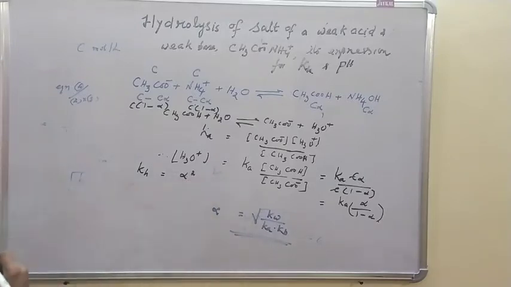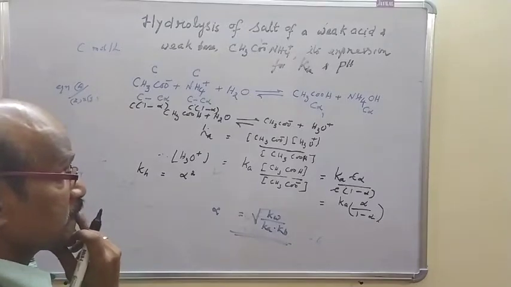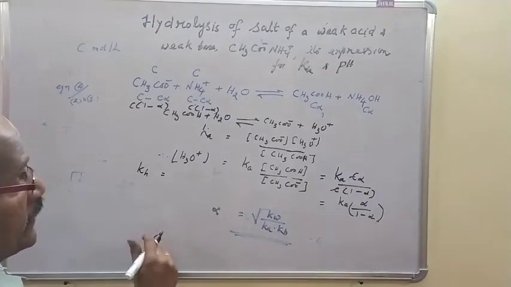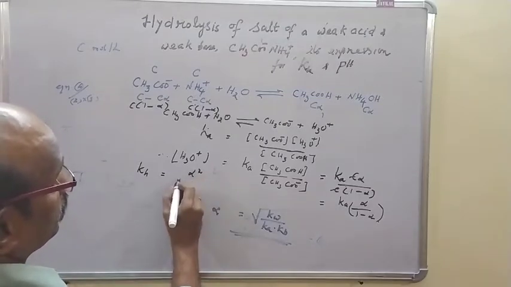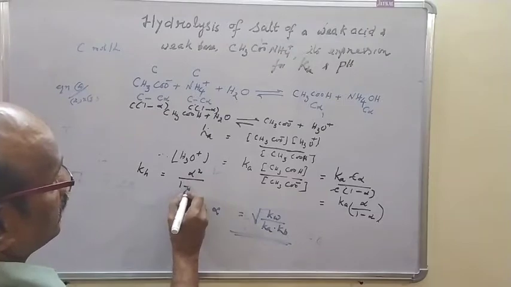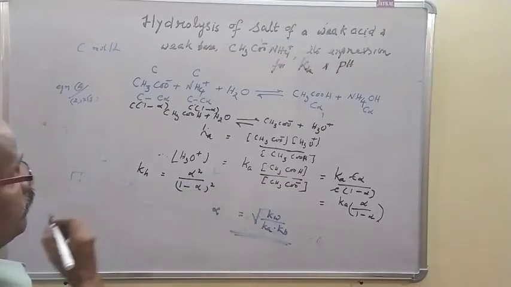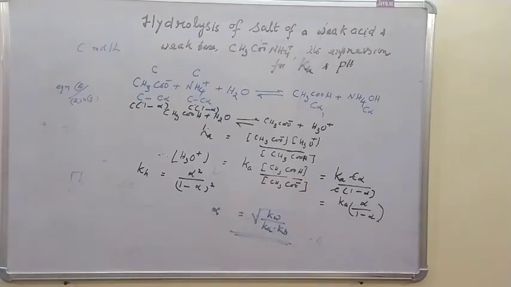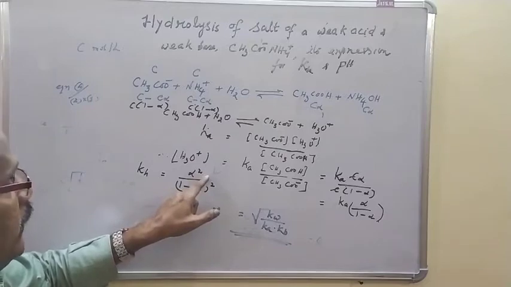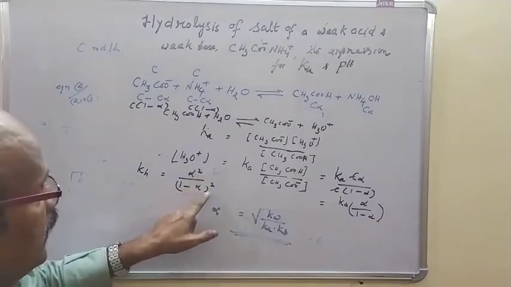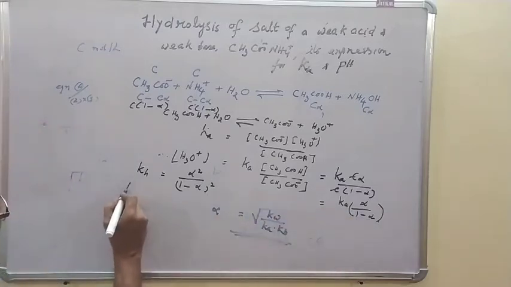Alpha square. That is, we have the expression KH is alpha square by 1 minus alpha the whole square. We have already derived the expression KH is equal to alpha square by 1 minus alpha the whole square. Therefore, taking the square root of KH